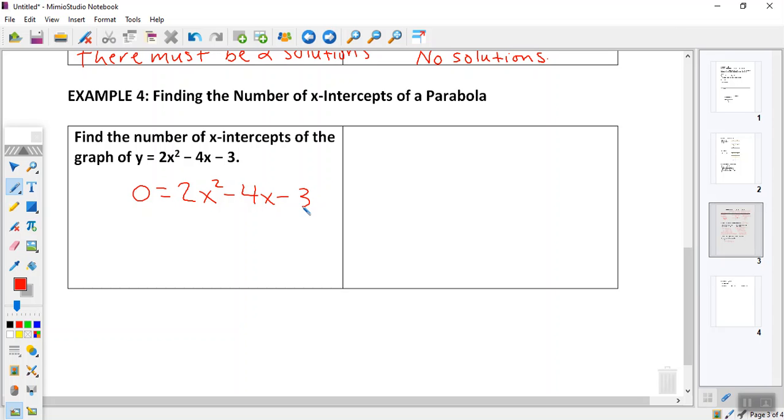All right, kids, let's talk. We're looking at how many x-intercepts or how many zeros this will have. So if we look at the b squared minus 4ac part, what's b squared going to equal, friends? 16. Yep, negative 4 squared would be positive 16, wouldn't it? So we're going to have 16 right here. Minus, all right, what's 4 times 2, kids? 4 times a, in other words. 8 times the negative 3 here would be negative